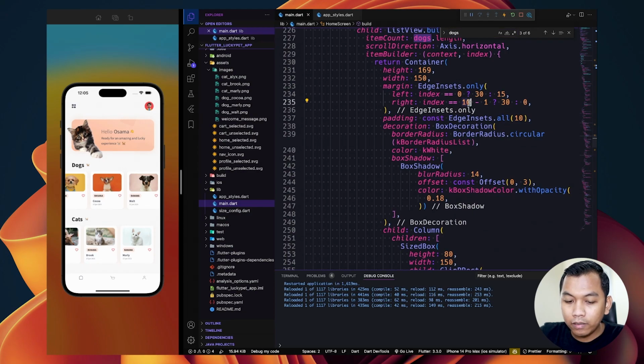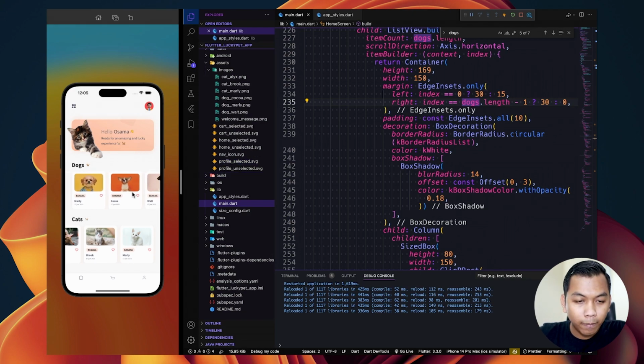And here dogs.length -1, and it will have margin on the right.